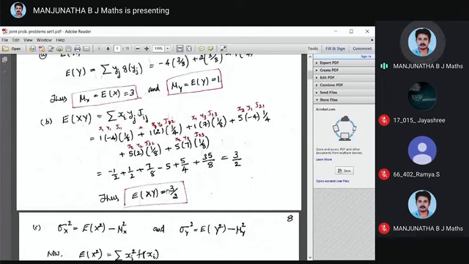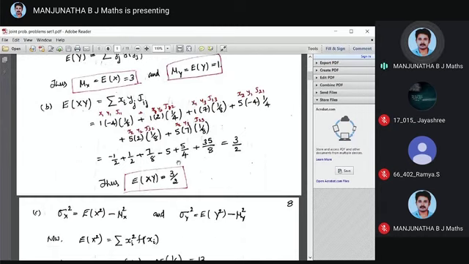Any doubt here in computing expectation of xy? Did you understand? x1 must be multiplied with y1, y2, y3, as many yj as there are. Next, what do you do? x2 must come: x2 y1, x2 y2, x2 y3 with the corresponding joint probability. x1 y1 J11, x1 y2 J12, x1 y3 J13, right? That is the method. You can write directly from the table, or you can write it in this way also. Any doubt here?